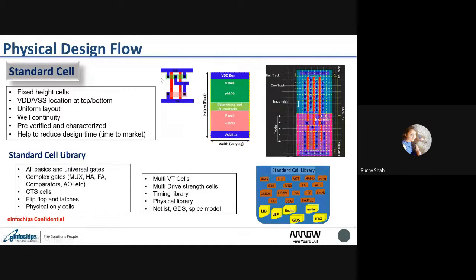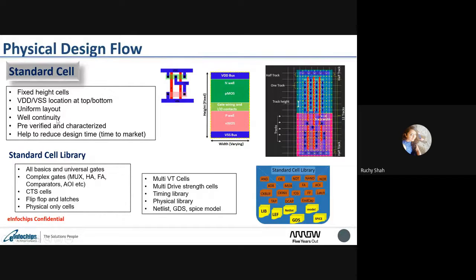Then here your PMOS will be built, NMOS will be built, and so N-well will be here, and its P-substrate is here. So the N-well is continuous. Again, I will put the next standard cell near here. I have not shown the N-well and P-well, just the active area and contacts. So the N-well will abut with the existing N-well here, and the N-well will be continued. So it gives a uniform layout.